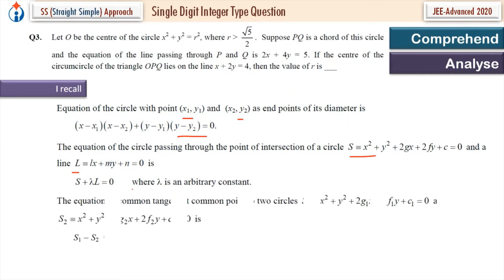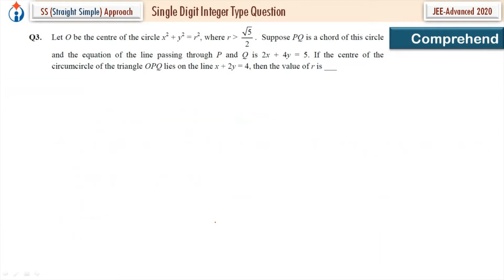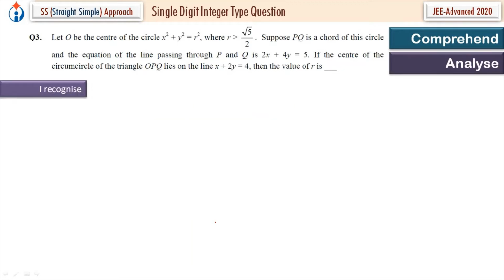All basic results. And the equation of common chord of two circles, S1 equal to 0 and S2 equal to 0, is S1 minus S2 equal to 0. So we have all these basic results. Now I recognize